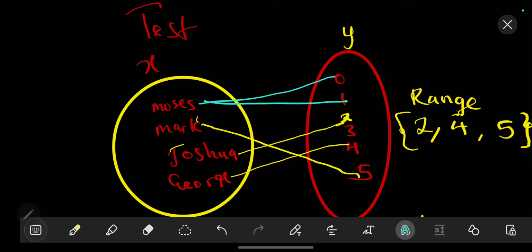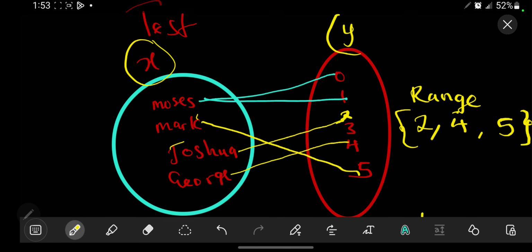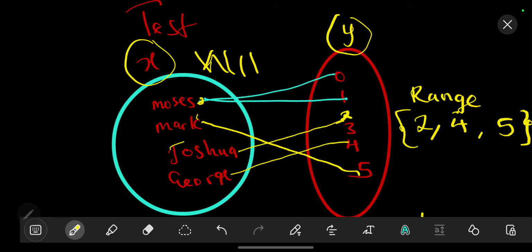this one is also not a function because already one x value has got two y values. Let's say Moses for the same test has a 0 and also a 1, that wouldn't make sense. If Moses has got a 0 and at the same time a 1 in the same test, that would either be the beginning of witchcraft or quantum physics. But anyways, let's not get into that. As long as the output has got two different results, it simply means that's not a function,